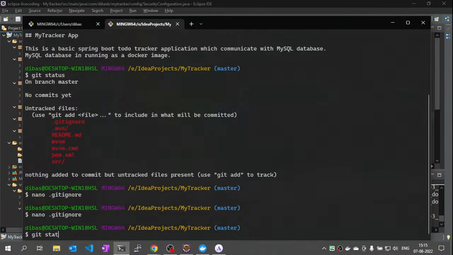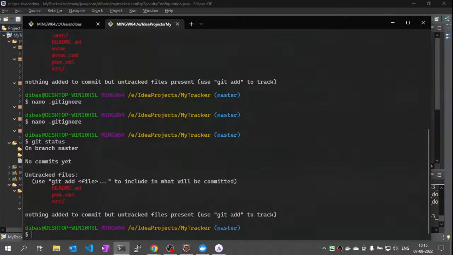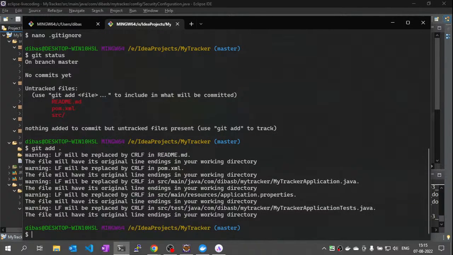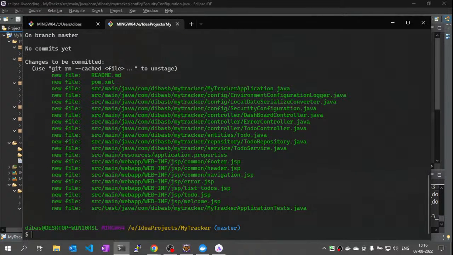Let's see git status again. Yes, these three things I want to push. You can use git add with star or dot, anything. Ignore the warning. Let's check status. Yes, these are all the files I will push to GitHub